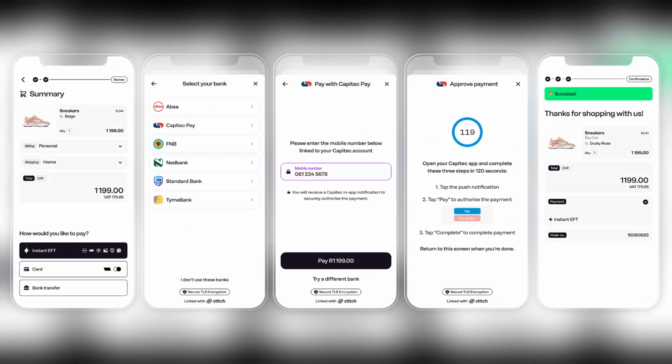Firstly, download the app from the Google Play Store or Apple App Store and register or log into your account. Verify your identity using your Capitec card and PIN and log in using the credentials. Once you're logged in, just tap Transact, usually found at the bottom of the screen, and select Payments to access